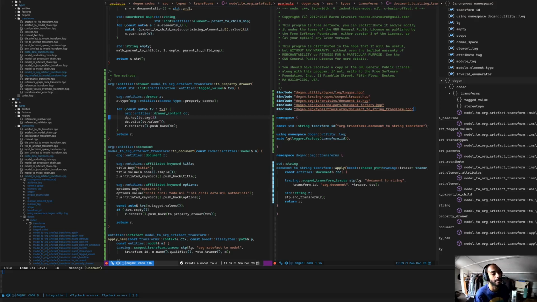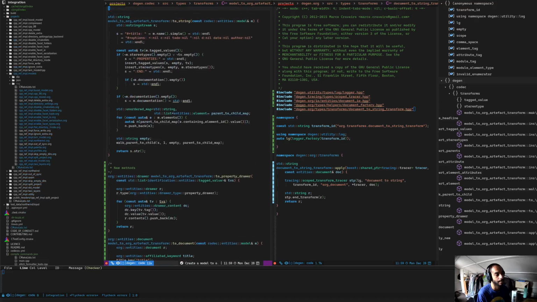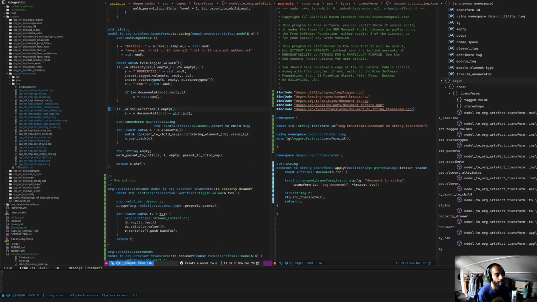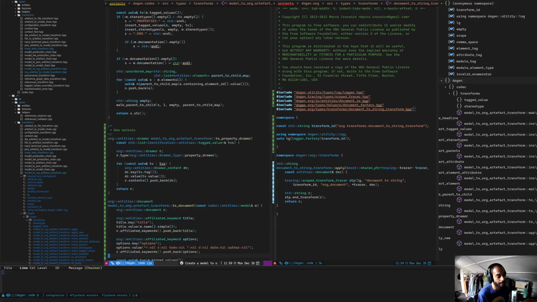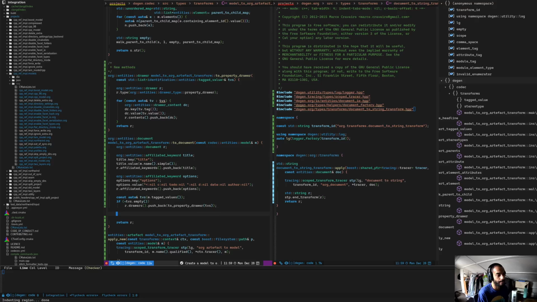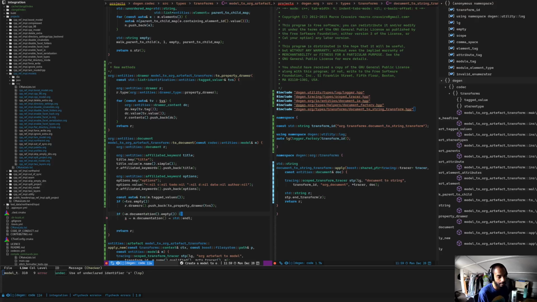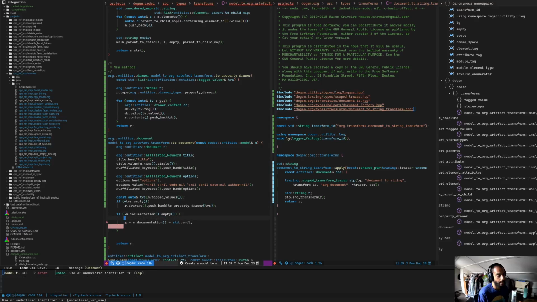Right, so here you go. So that was very simple. We just generated a new drawer. Now, what do we do next? So if there is documentation, we just stream the documentation. Now this is going to be a text block without any parsing. So if there is some documentation, we can just simply create a text block,